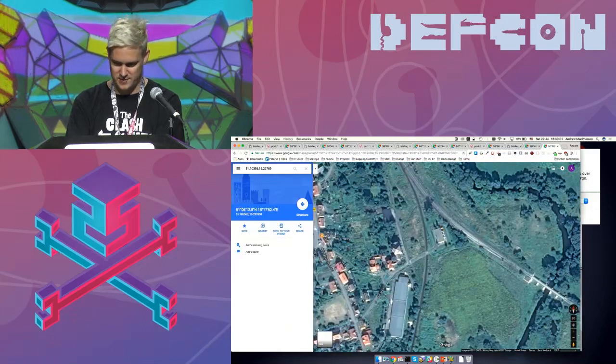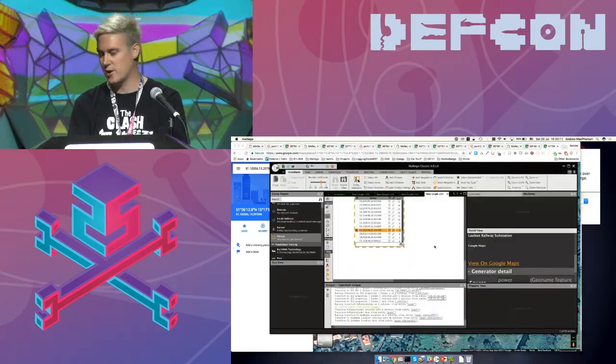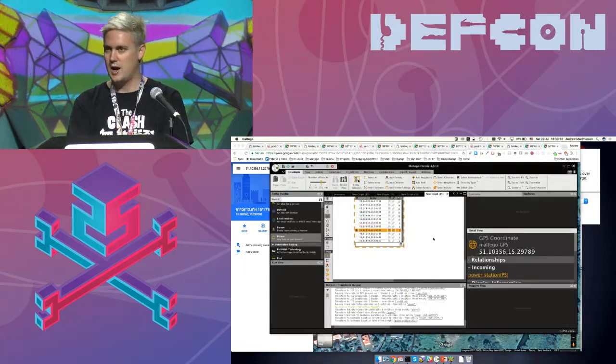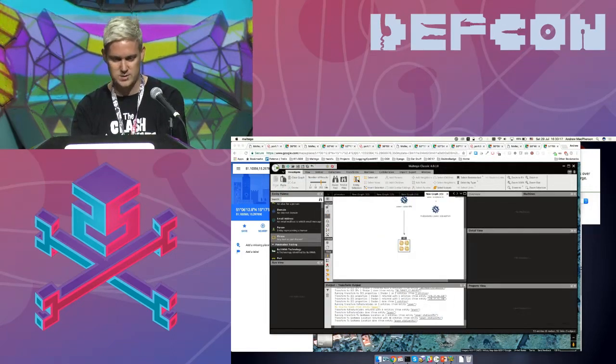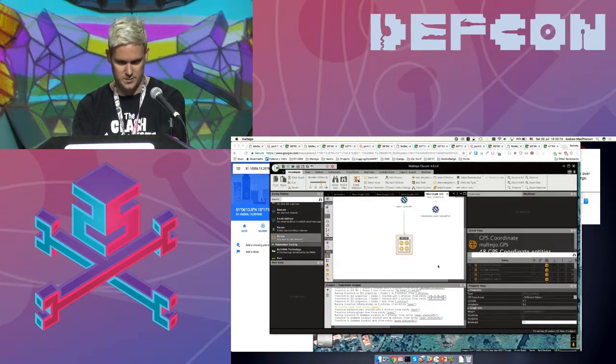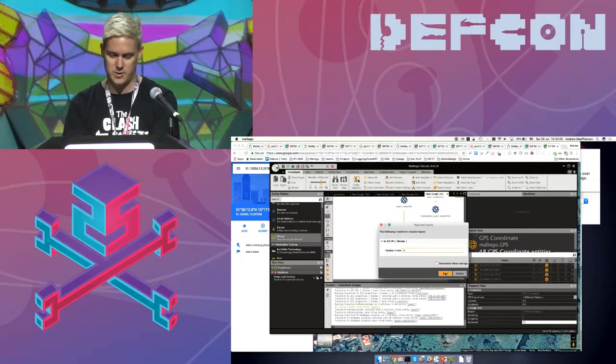So it's over here, maybe I can street view it. Okay, so middle of Poland, not a lot of streets, not a lot of Google cars have been here. But this is obviously going to be one of the substations. I could go through them until I find another one like the one that we saw. So I've got all these coordinates and I've said, okay, so all the power stations, all the ones in Poland, and then I can run that transform that says, okay, find all the ICS devices around here within a 3 kilometer radius.